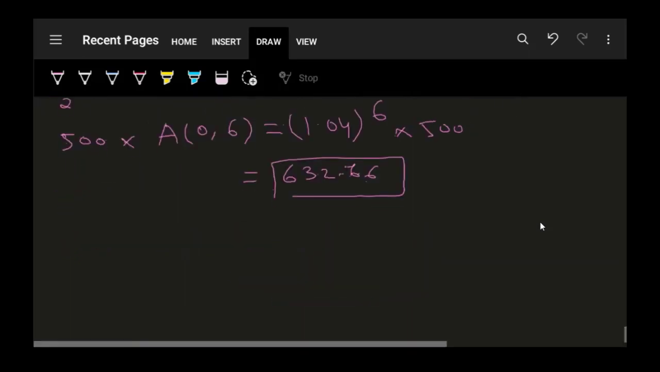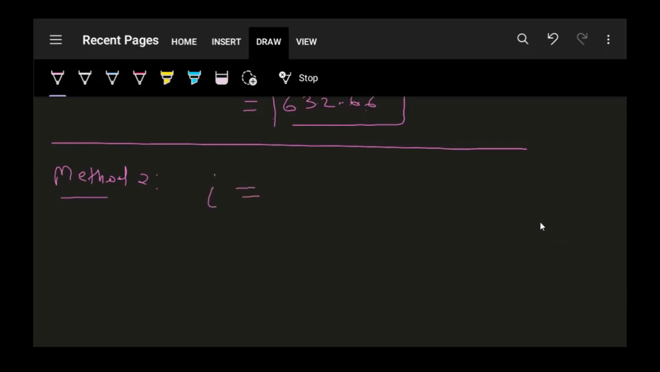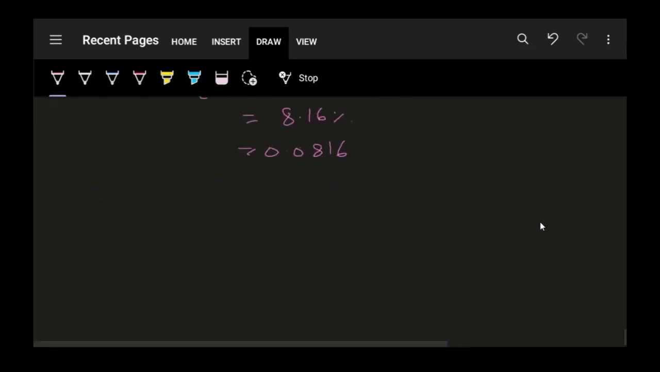In method 2, I will first calculate the effective rate for each year. I will calculate i, the interest rate per annum effective, which will be 1.04 squared minus 1, that is 8.16%, or 0.0816. And now to get the accumulation factor, since this rate is per annum effective,